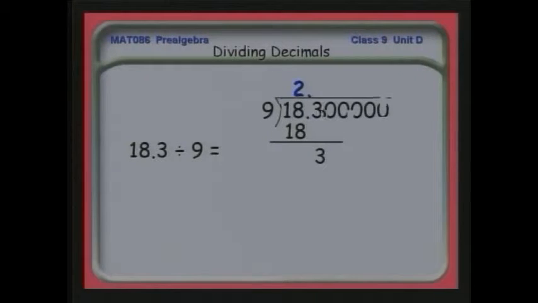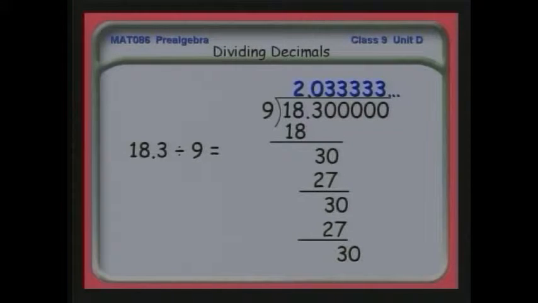We can't do that, so remember that we can add zeros to the right of a decimal without changing the value. So in this case, to continue the division, we just do that, and now we can continue to divide, because now I'll bring down a 0. And when I do, I have 0 because I couldn't do anything with the 3, but now I can say 9 times 3, having brought the 0 down, is 27, and I find I get another 3. Bring down a 0, and I get another 27. You see what's going to happen here? I can keep going, and I get